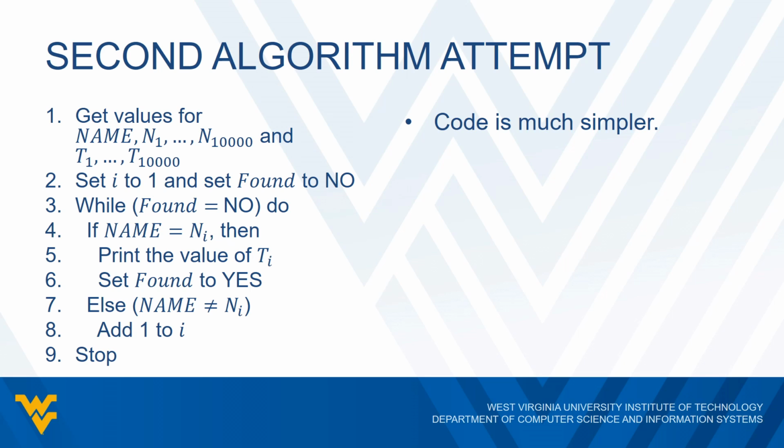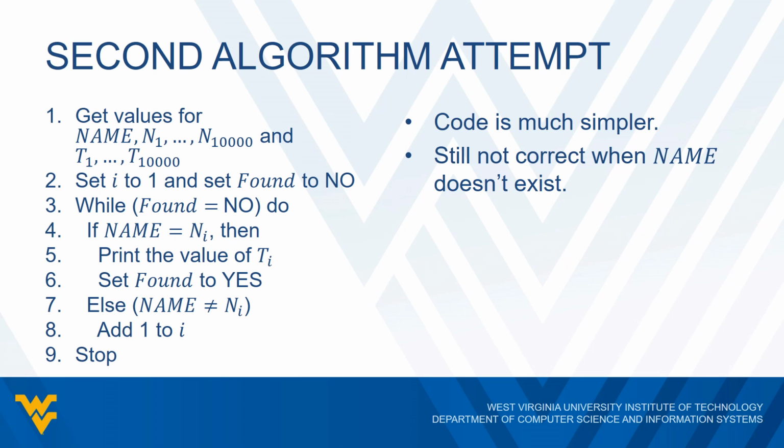Now step 7 says if we have not found the person. So if the name does not equal n_i, then we're going to add 1 to i. So that means that, for example, if n1 does not have our name, then we're going to go to n2 the next time we go into the body of this loop, and we'll keep repeating. So that seems like it's a lot simpler. It allows us to at least cut down the size of our code, but it's still not correct,